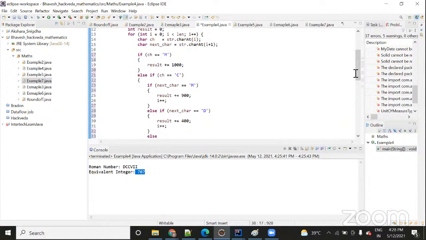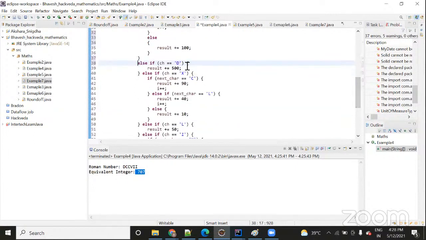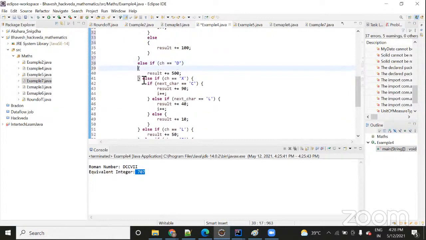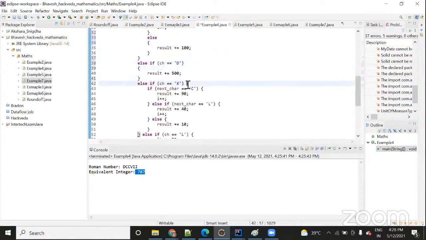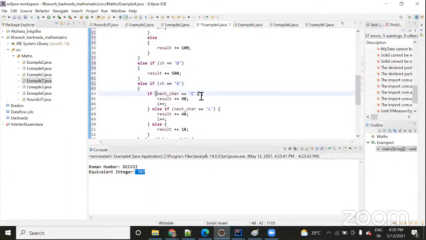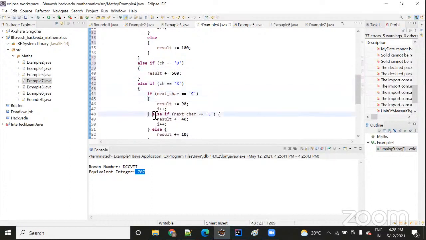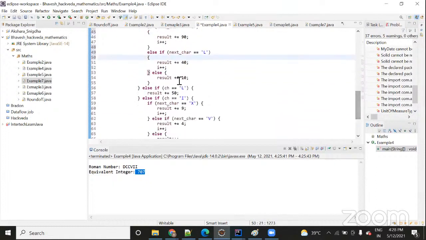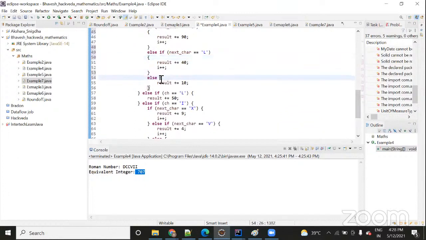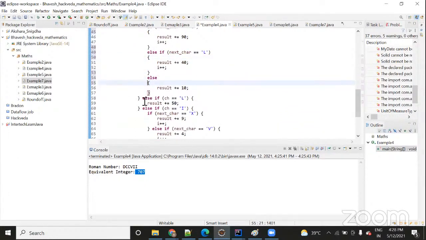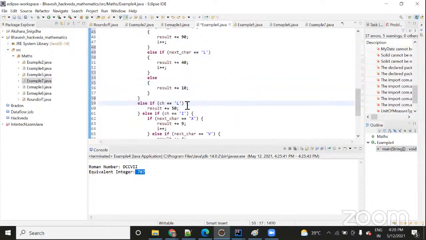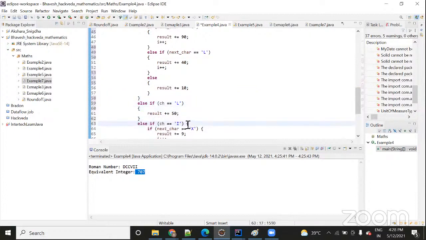So here, let me format all the code first, then it will be easy for you. I think it will be complex for you, but you can try it. This is called an actual nested condition. It has too many levels, so while running you need to focus from the starting to the bottom in order to understand.